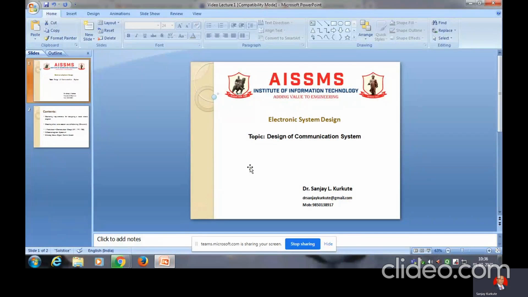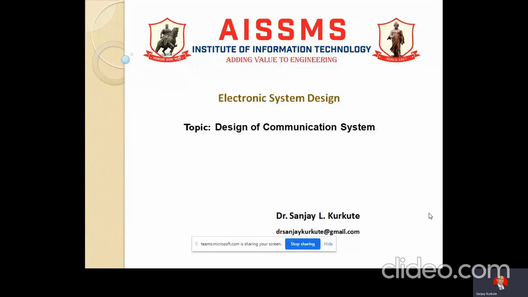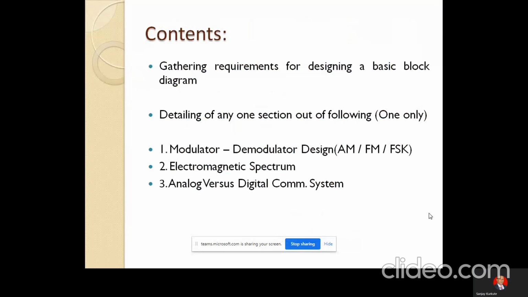In design of communication system, we will cover the topic related to communication system block diagram. Under that, as we know, communication systems have the major blocks of transmitter, receiver, modulator, demodulator, sensors and transducer part like this. Lastly, we can have speaker, mic system that is there. So, in view of this, today we will cover all these topics.